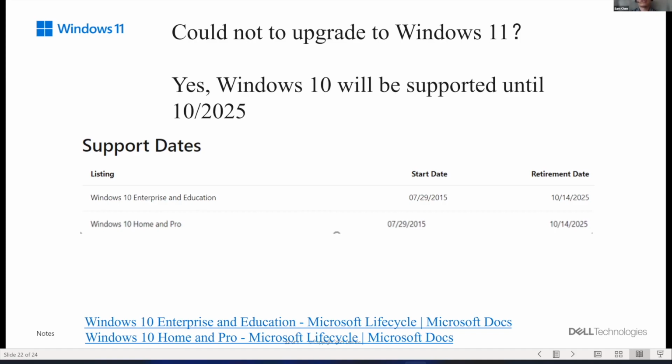New features, the new user interface, and feature enhancements will not be backported to Windows 10. But if you don't need those, you can always stay with Windows 10 until 2025, when Microsoft will stop supporting Windows 10. I have two links here, so you can check the support lifecycle for Windows 10 and also for Windows 11.